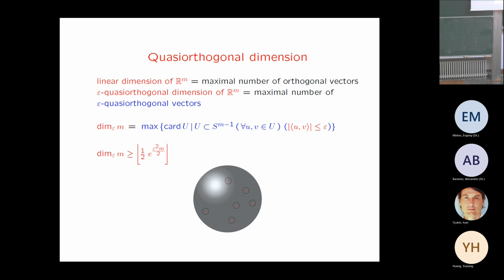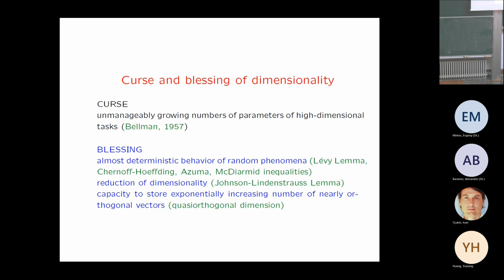You can get it from, say, calculation of sizes of polar caps. You can also get it from graphs. You can get it from sums of random variables. And again, you have the same phenomenon. Now, and then, of course, this is something that Alexander wrote a lot about. This is this curse and blessing of dimensionality, this very dramatic phrase, almost like from Shakespeare, that we mathematicians don't use very often, such strong words, but